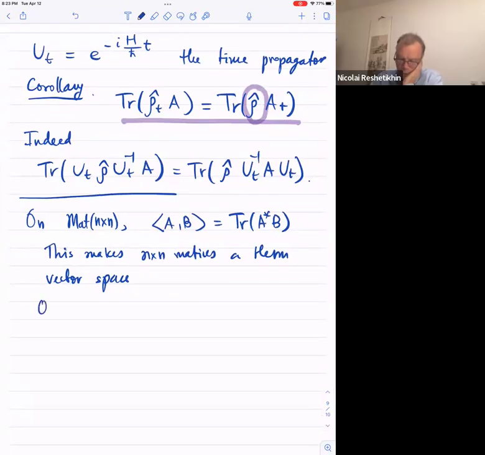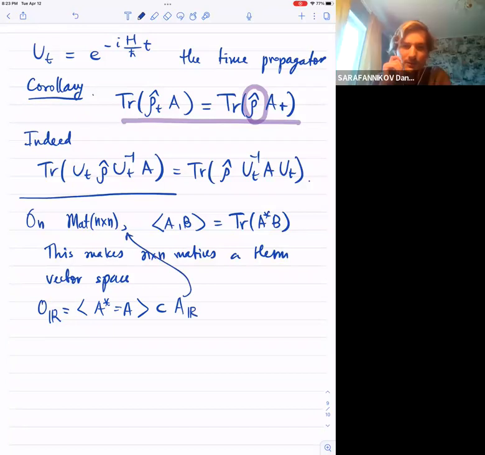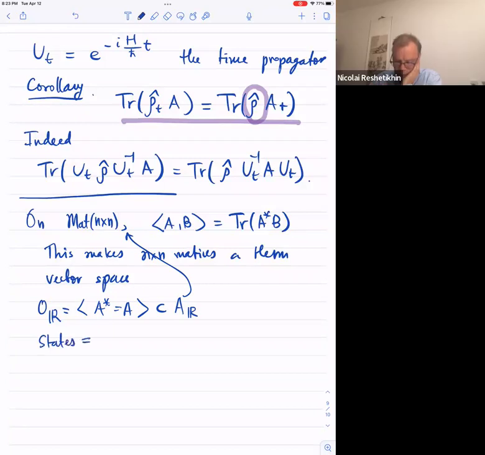So let's look here. Observables here, these are Hermitian matrices. That's a subspace in our algebra, which is this matrix. Yes, and our rho is just a linear functional on it. States are again Hermitian matrices,